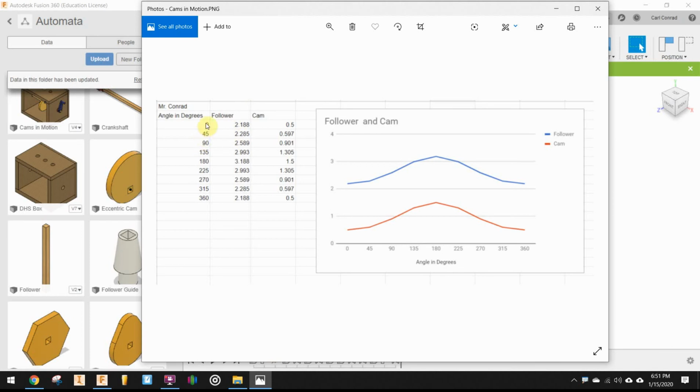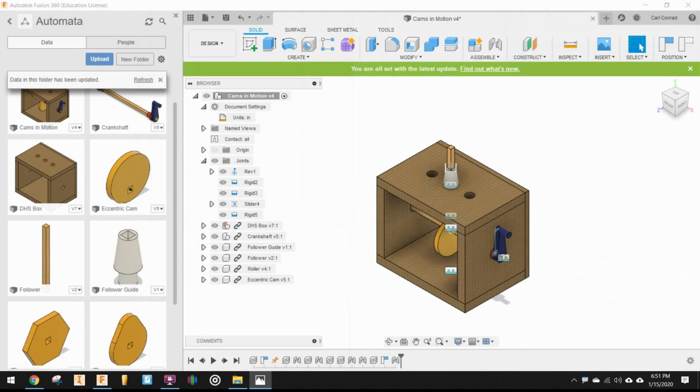Okay, so you'll go 0 to 360 counting by 45 degrees for your angles. If you happen to select the hex cam, then you'll need to go every 30 degrees. We'll give you a little bit better sketch of the graph. All right, so in order to do that,